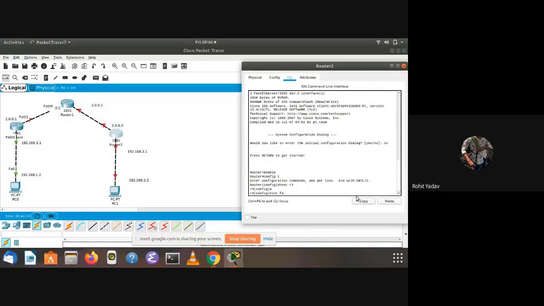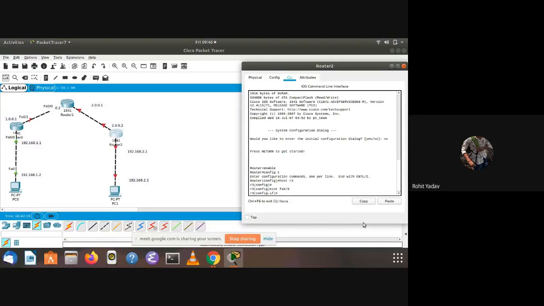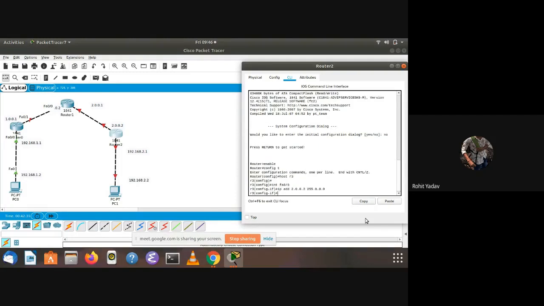The Ethernet interfaces are given as FA0/0 and FA0/1 on each router, so you can understand this. On this interface 0/0 we will assign the IP address 2.0.0.2, and this is a class A address, and no shut.